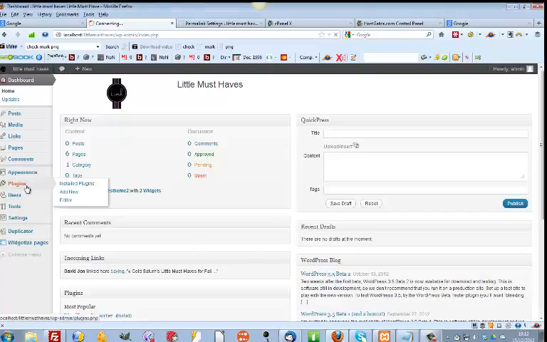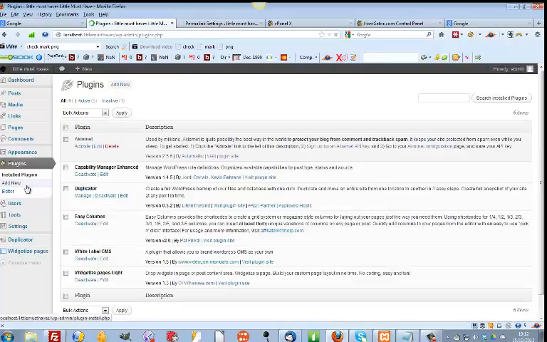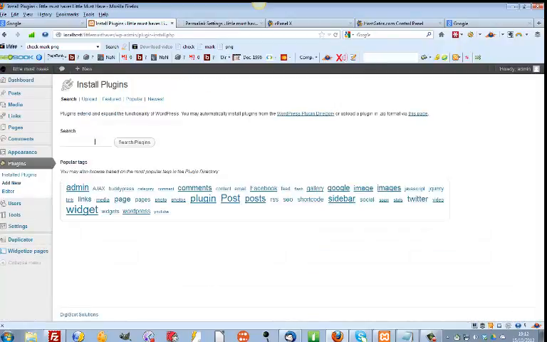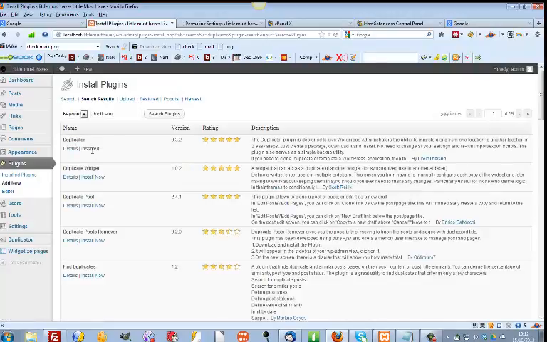If you go to Plugins, Add New, and search for Duplicator, and click Search Plugins, and it's the first one here, and click Install. And I already have this installed, so if we go down to the Duplicator option here on the left,